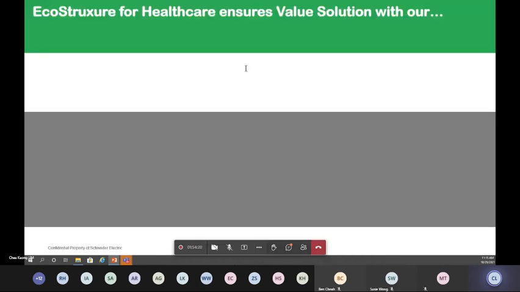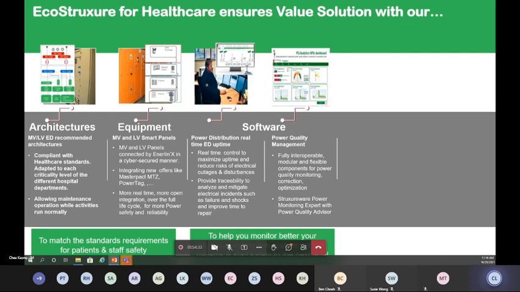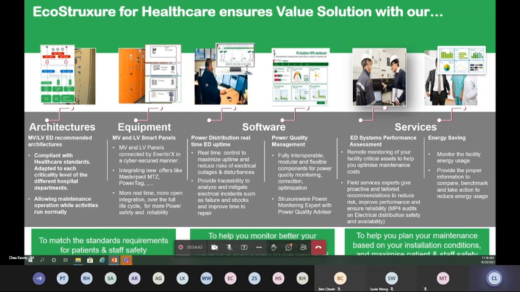All right, last but not least, just to summarize what we have done for the last probably 1.5 hours: in Schneider Electric, we do have all the architecture and the equipment, in other words, all the medicine available. We do have the software. We do have the right prescription for you. The key thing is, we need to understand from you what your pain point is. And last but not least, we do have the right people here, of different specialist domains, to be able to understand what you're trying to share with us.